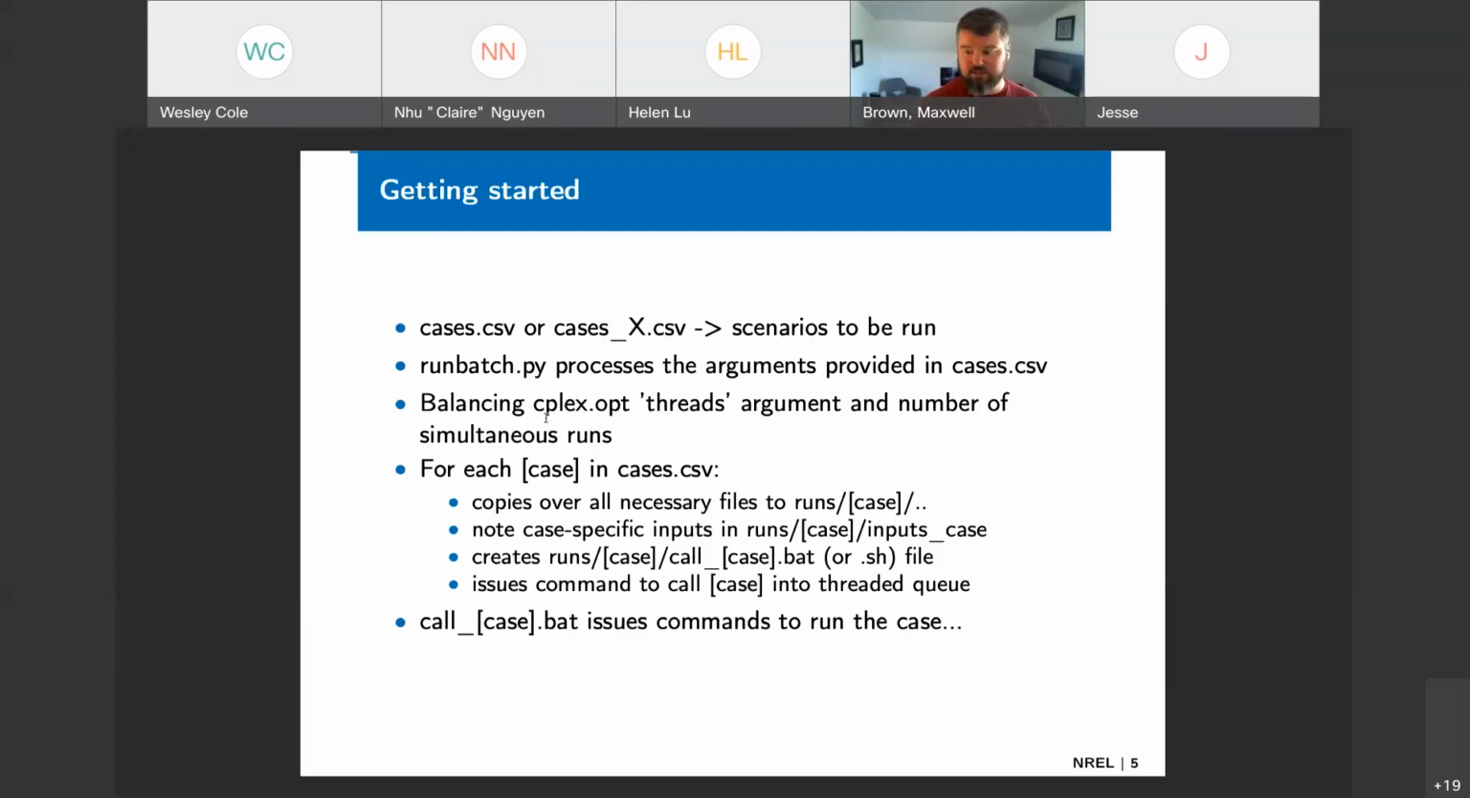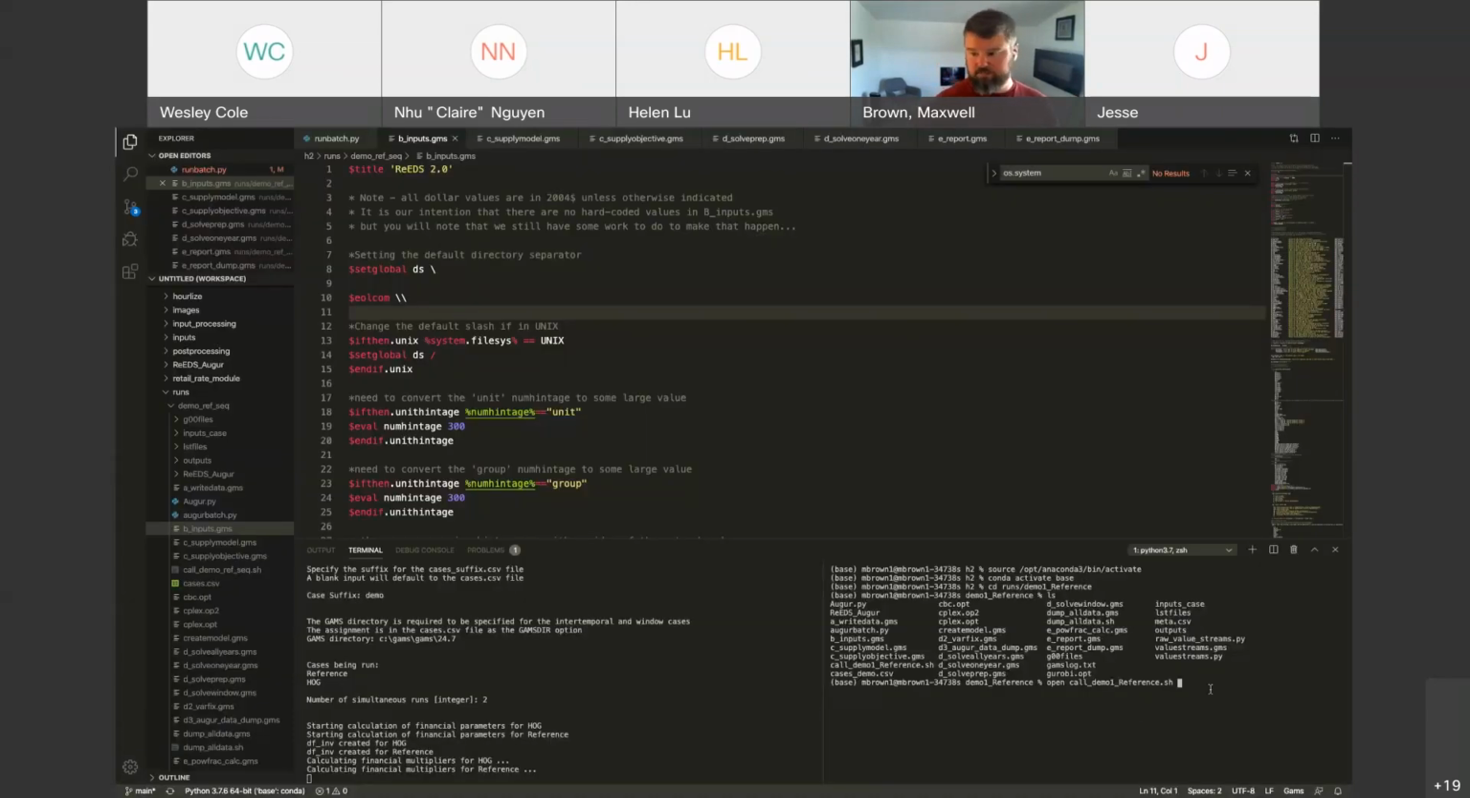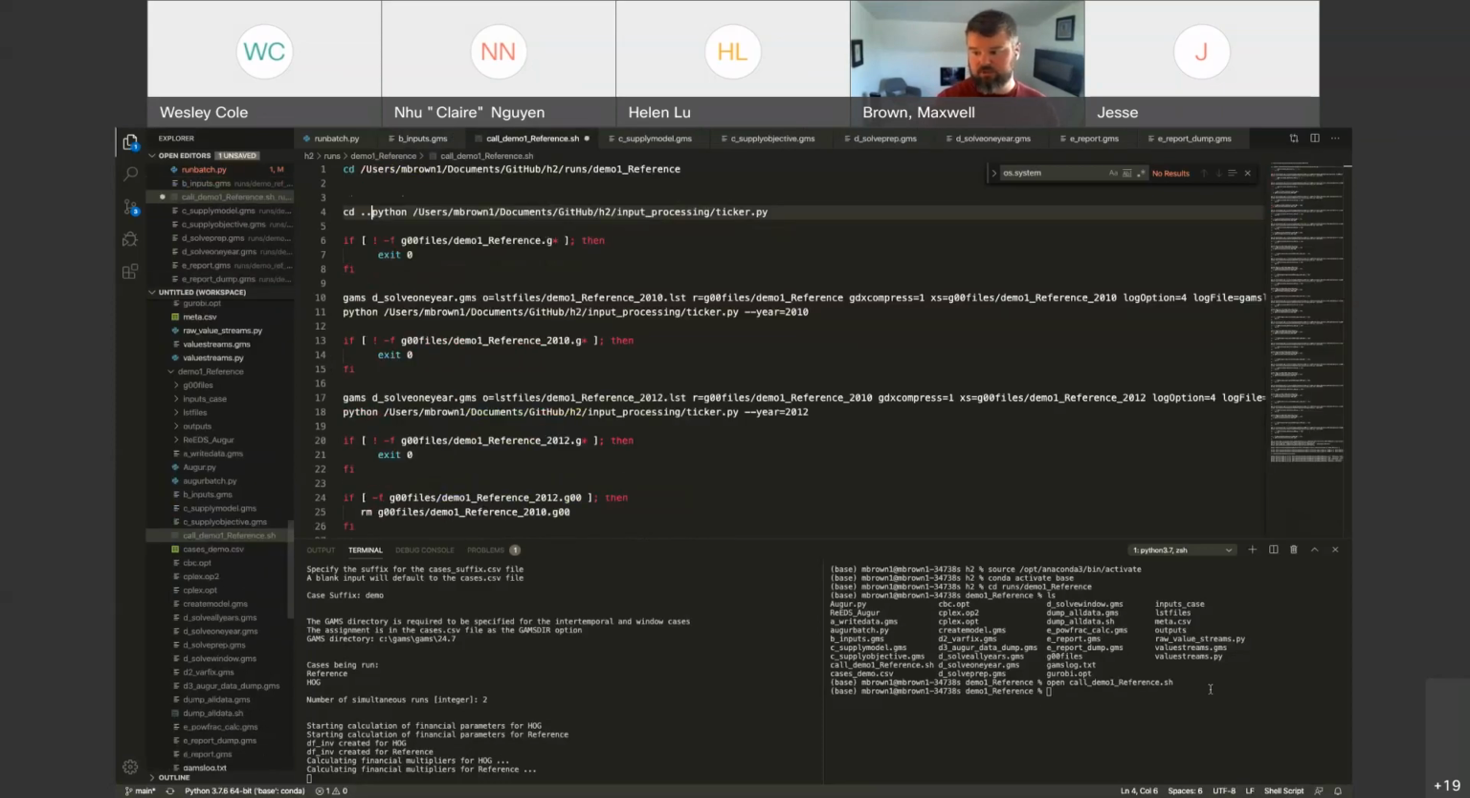Let's see if this finishes. I don't need it to finish. Oops. Computer's going to start running slow, of course. So I'm going to open